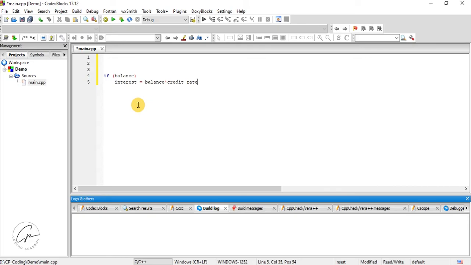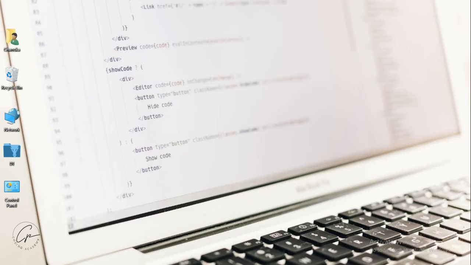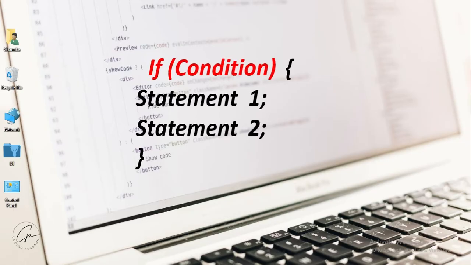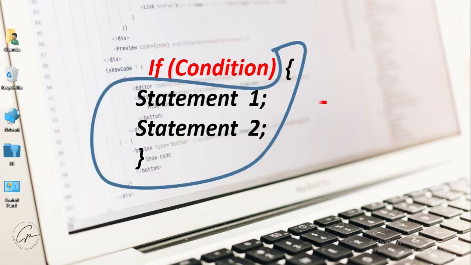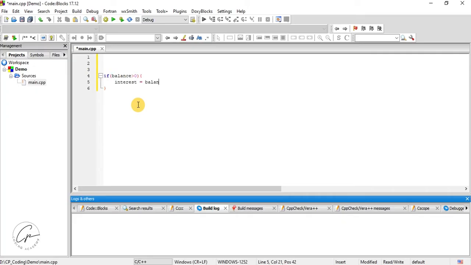For example, the if statement can control the execution of multiple statements by the use of a compound statement or block. A block is a group of two or more statements enclosed in curly braces. Any number of statements can be included inside this block. The general format of a block is like this. For example,